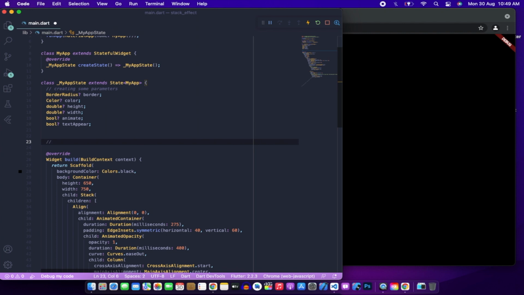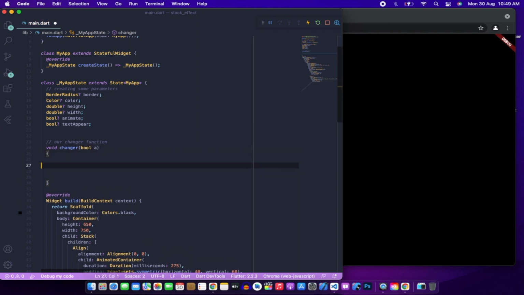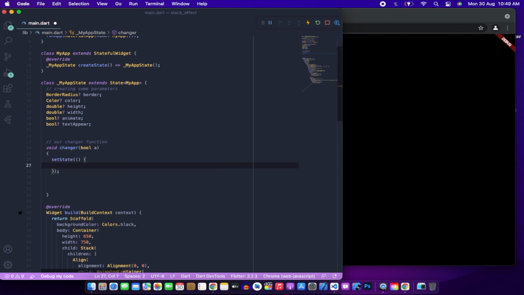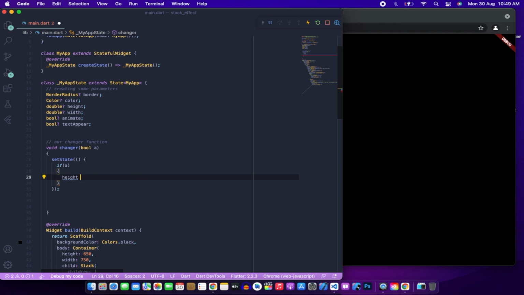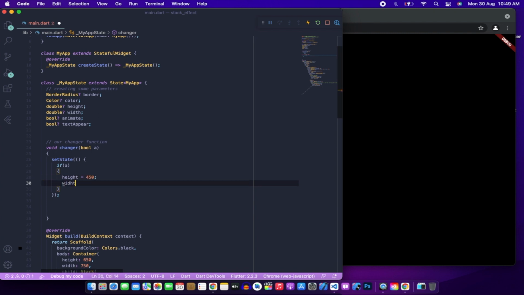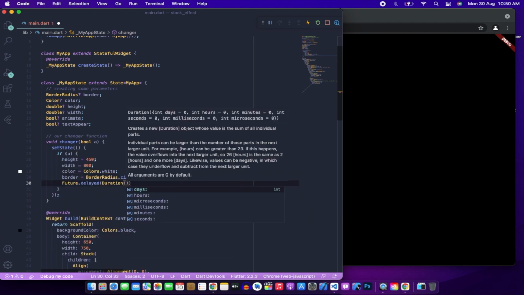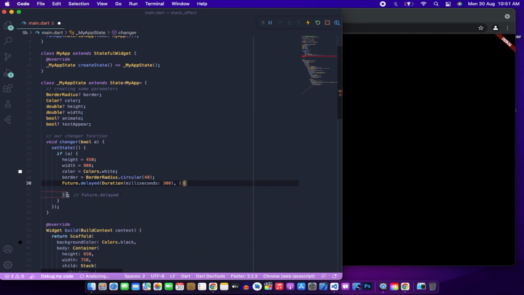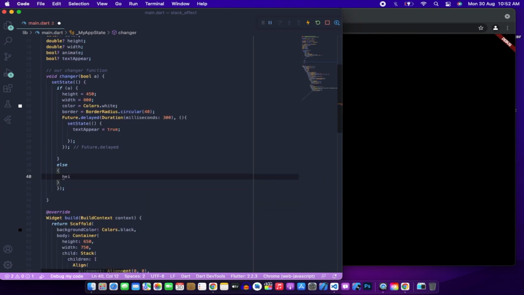Now here comes the main part of our application, our change animation function. We will set state, and if we get a bool value, then we will return this parameter, and here also defining the set state for our text appear, else we will return these parameters.